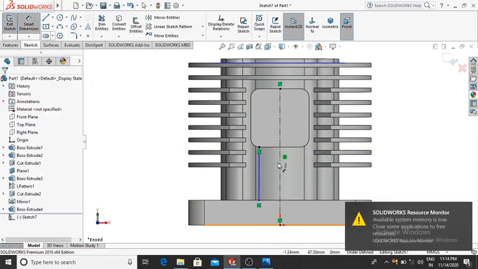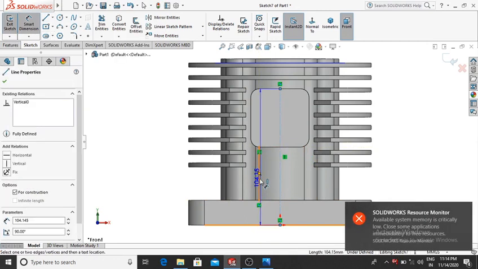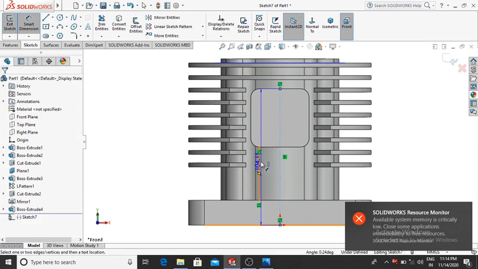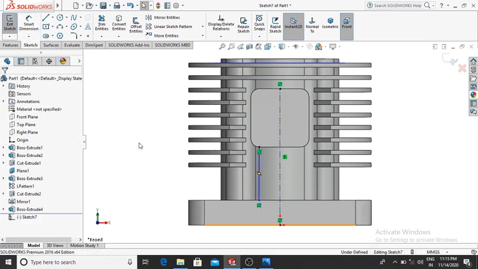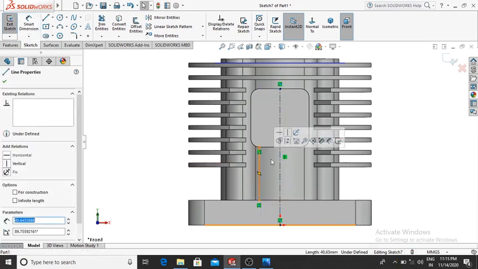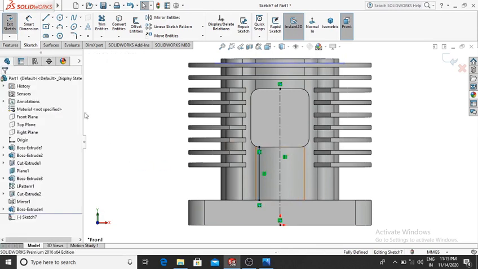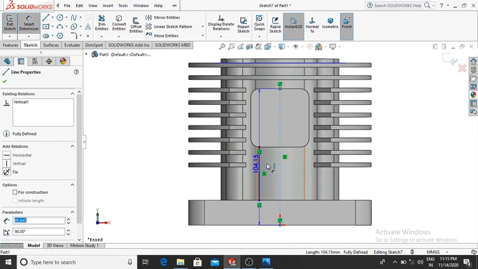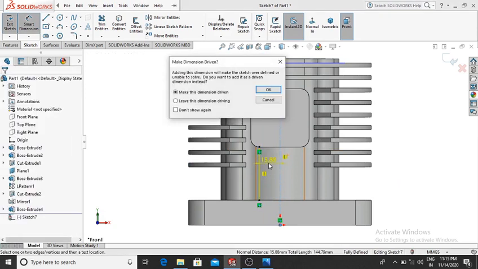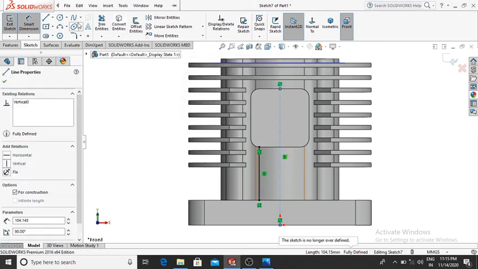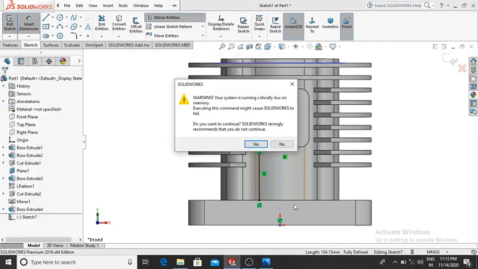Go to the smart dimension and this, so it will be 15.88,